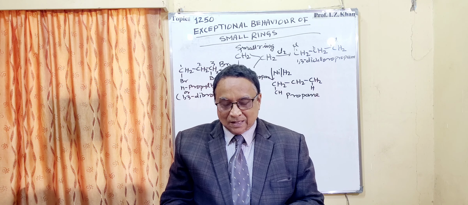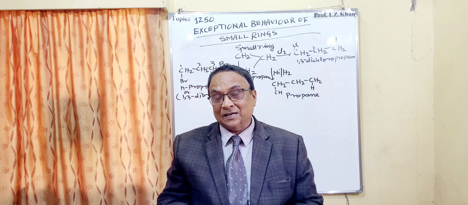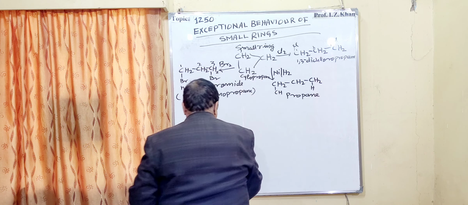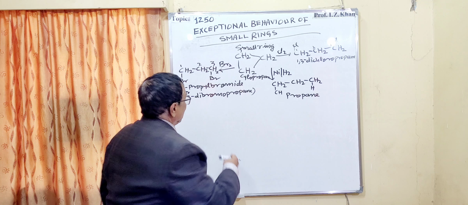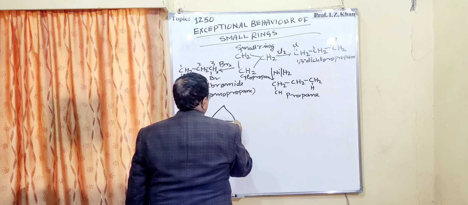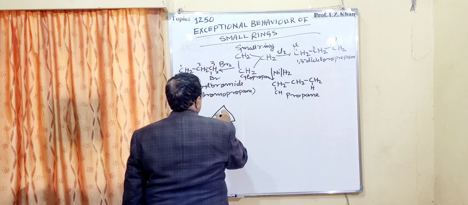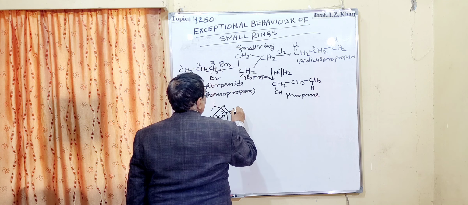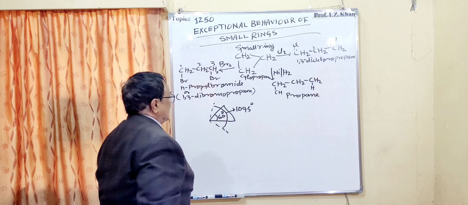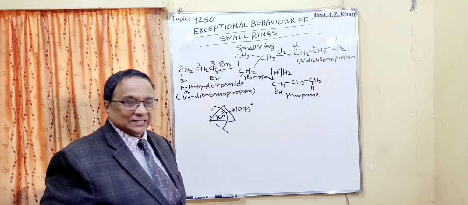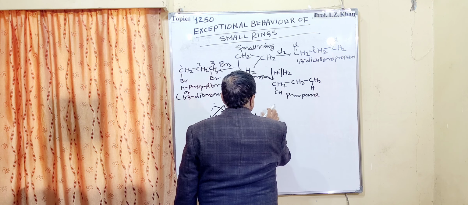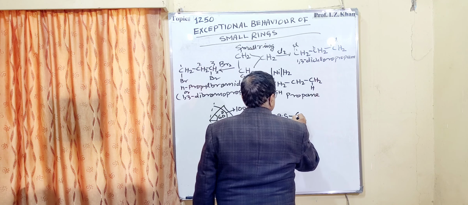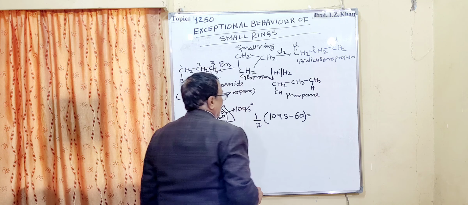Now I will show you how to calculate the angle strain, which according to Bayer is present in small rings. To calculate the angle strain, suppose it is cyclopropane, so it will be like this, and cyclopropane has a 60-degree angle. But the tetrahedral angle should be 109.5 degrees. So the formula to calculate the angle strain in a small ring is half of 109.5 minus 60, which will be around